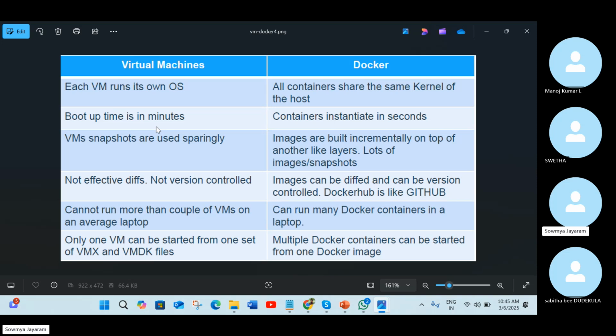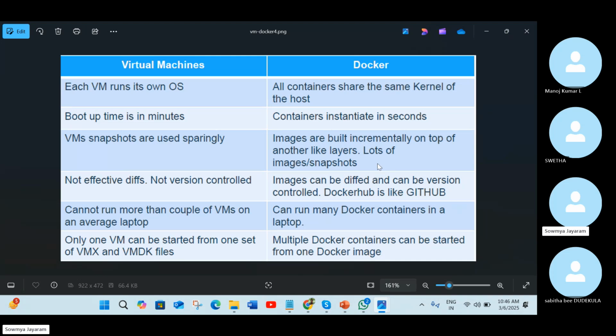Simple things only, but it saves time, it is very efficient, and everything is done in a somewhat automated way, so it reduces manpower again. For a virtual machine, we have to take snapshots. You know what a snapshot is: it's a backup for your EC2 instance, or a backup for your resources.